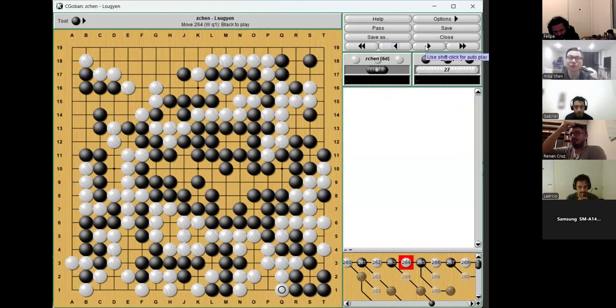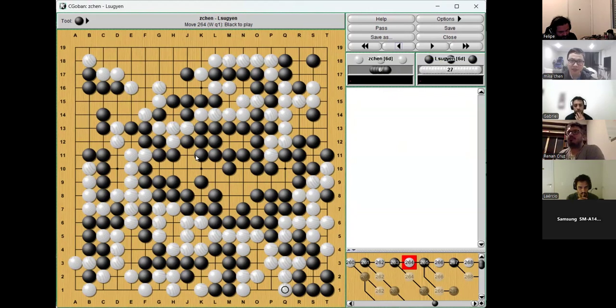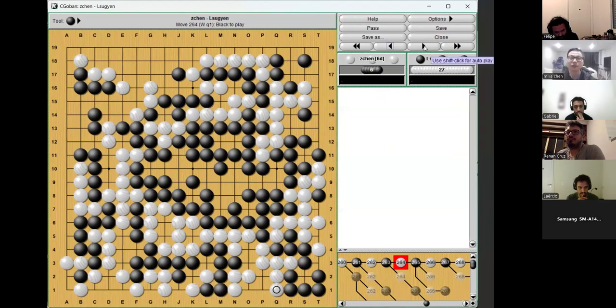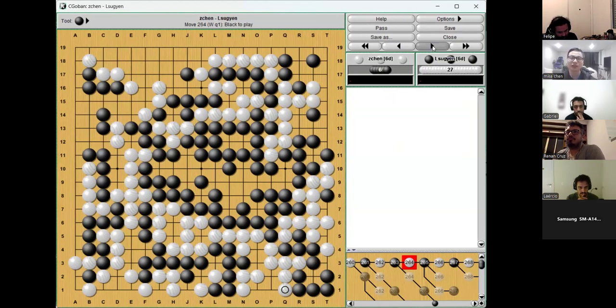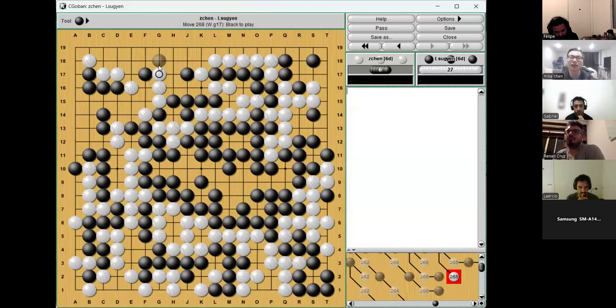Anyways, here is where the magic kind of happens, where now black has the thickness in the middle. Everything is thick except the white corner. So now the strategy for black is very sound and correct. Black plays one more move, F17 peep, trying to get to the outside, which is now really on the top